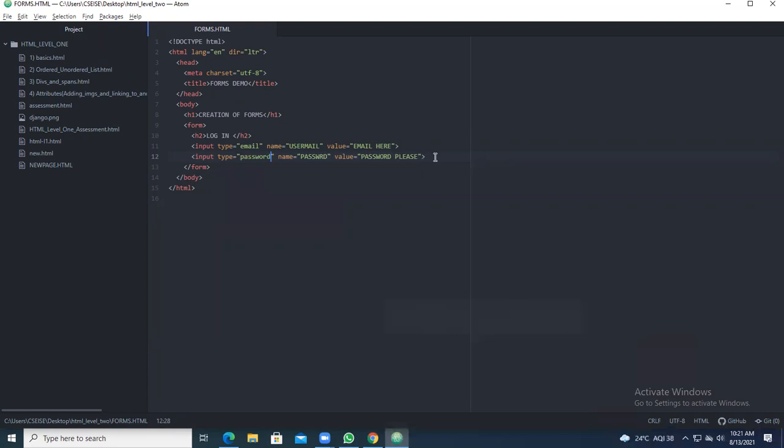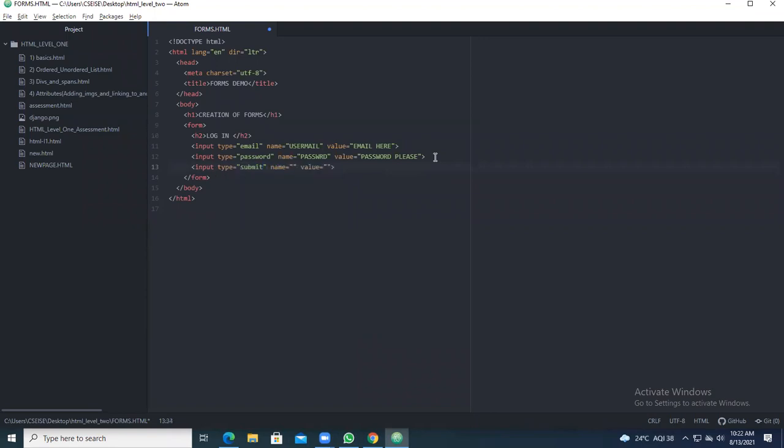Have you got it? So after the email and password, now you come to the submit. When you give username and password, what is the next input you'll be getting? Take input type, and input type you take as submit.